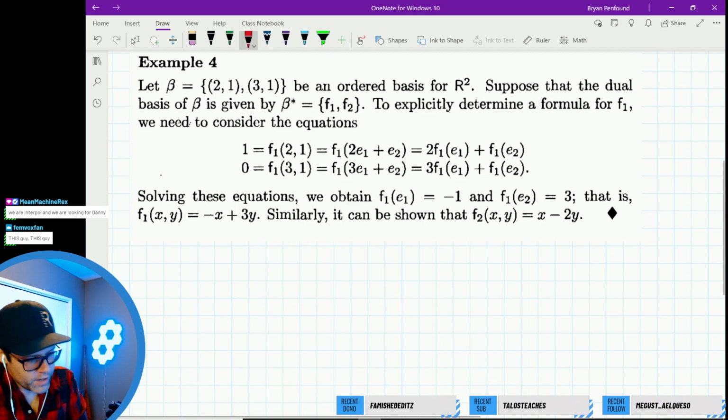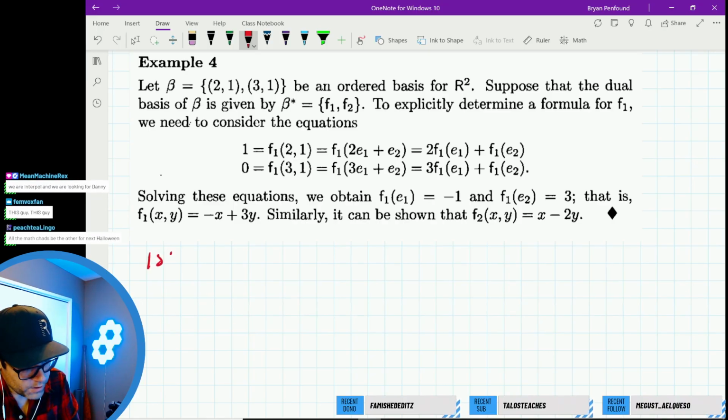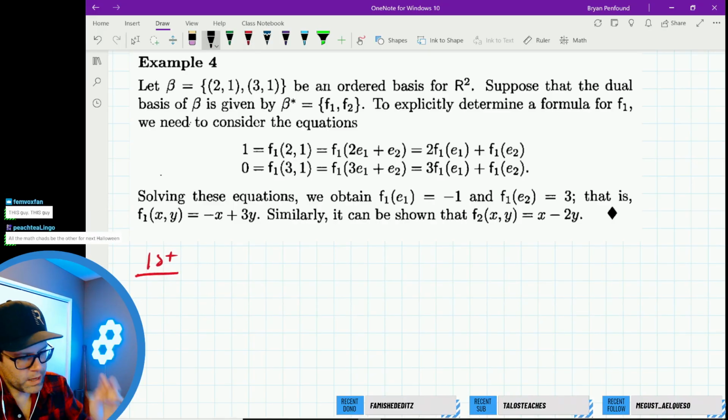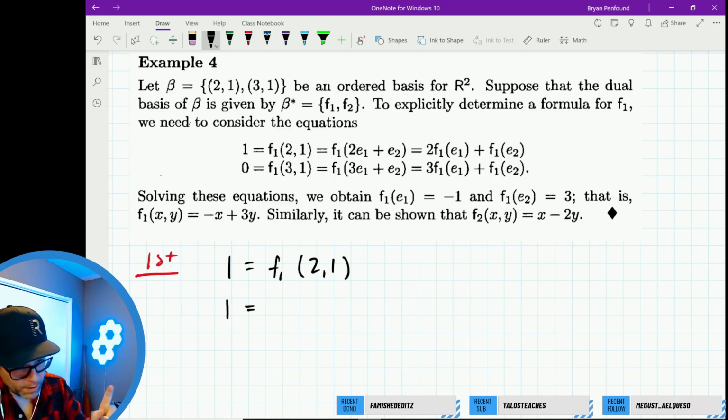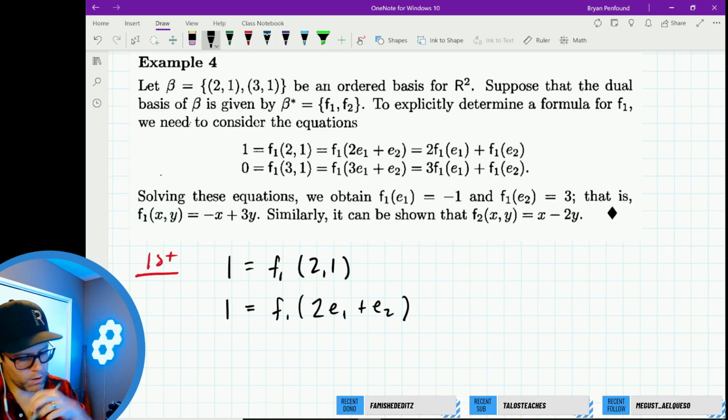Okay, so I think I understand where these equations are coming from. They're saying that the first means that i and j would be equal to each other. So according to the Kronecker delta function, we would need 1 is equal to F1 with our first evaluate our first ordered basis function. So we know that this F1 is a linear functional. So they're saying that we should be able to break this up into F1 to E1 plus E2. So E1 and E2